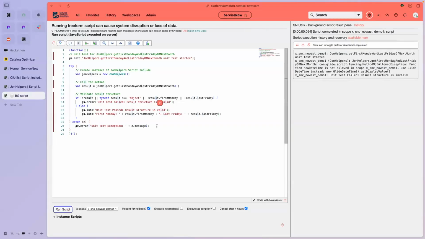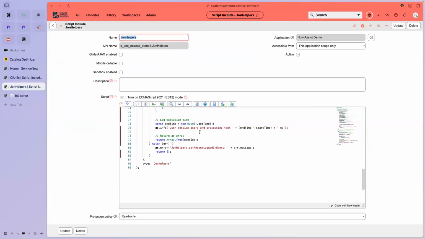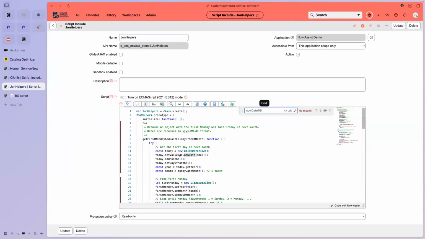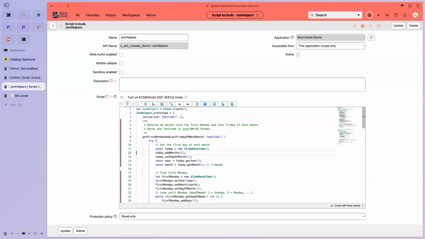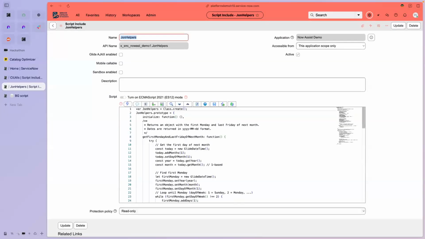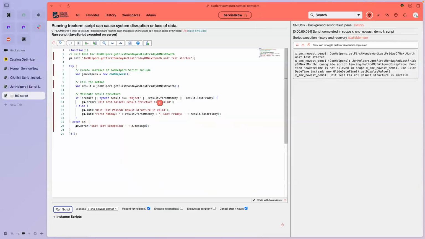And I think we're going to encounter another issue. As you'll see, now date time is not allowed in scope, etc. So we're going to go back to glide date time. Okay. So the issue is now date time. Actually, I don't think we even have to do that. So yeah, this is me integrating my experience and knowledge as a developer with the AI features,